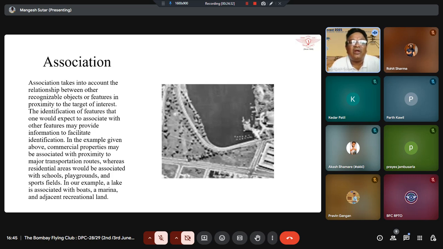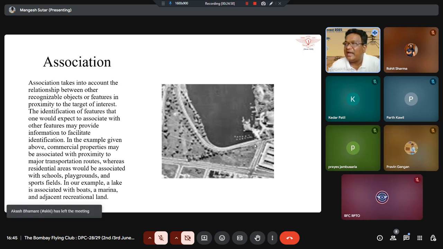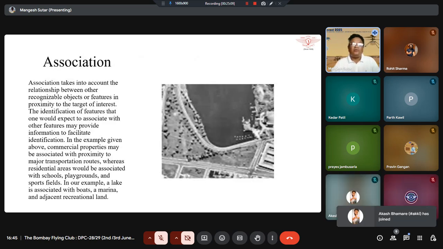In the example given above, the commercial property may be associated with the proximity to major transportation routes. So you can see here there are some transportation routes or smaller roads. Whereas the residential area would be associated with the school, playground and sport field area. In our example, a lake. You can see here there is a lake, and then you can see there are a lot of boats over here. There are boats, and then marina and recreational land. So you can see there are places where people can spend time over here. Okay, so those are the different features we can interpret from the